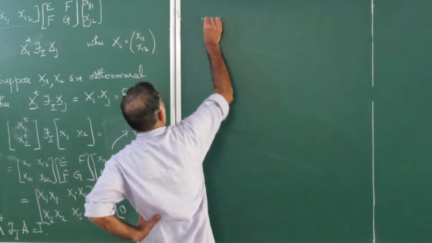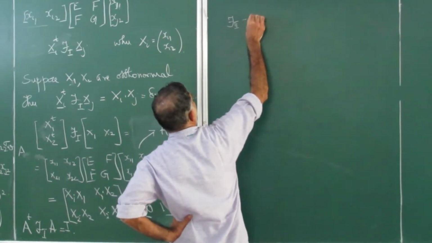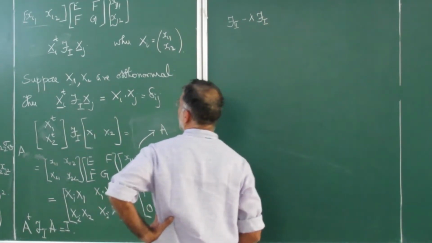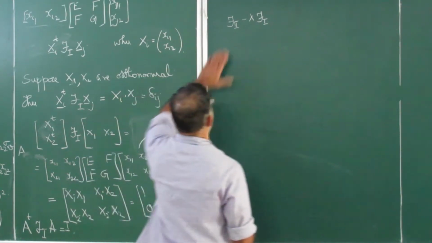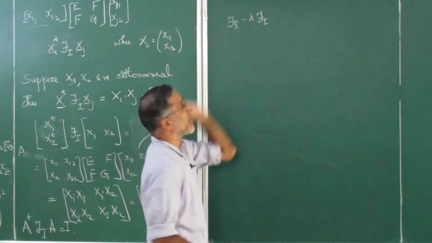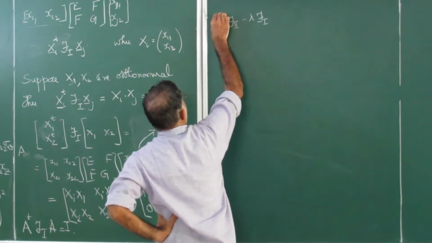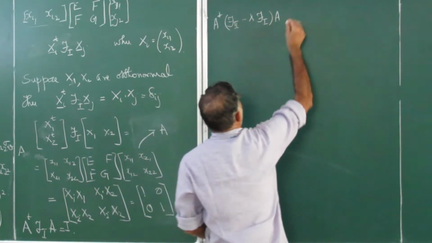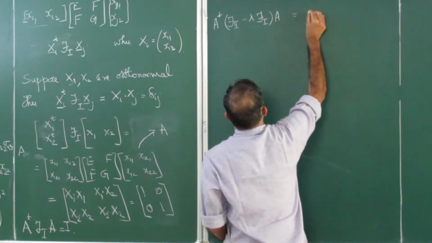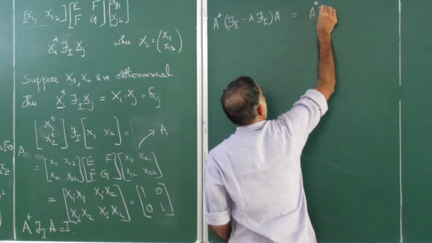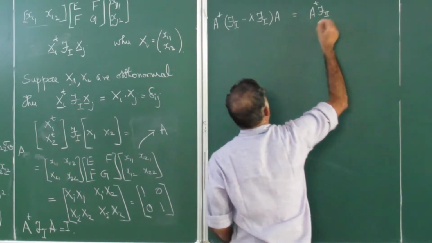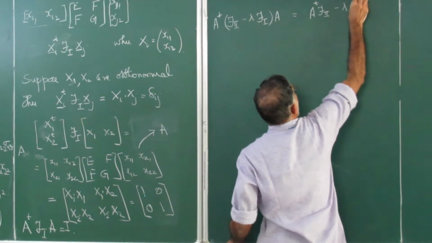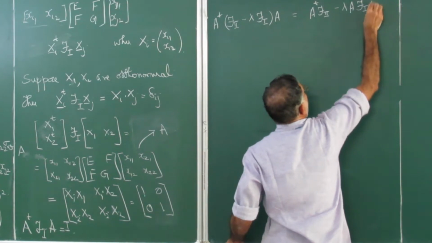Okay, we were looking at this equation. Actually, this is what our interest was, F2 minus lambda F1. That's what we have seen, because we started with the other one, but slowly we came down to this. We only have to look at the eigenvalue of this. If you take the A that we have decided, then what will happen? Distribute it. So it will be A transpose F2 A minus lambda A transpose F1 A.